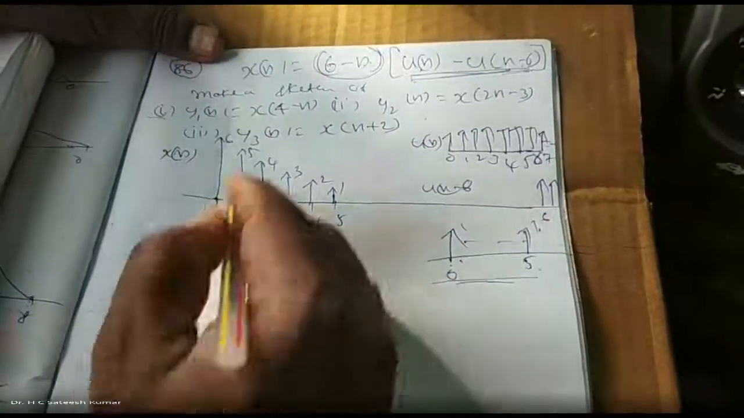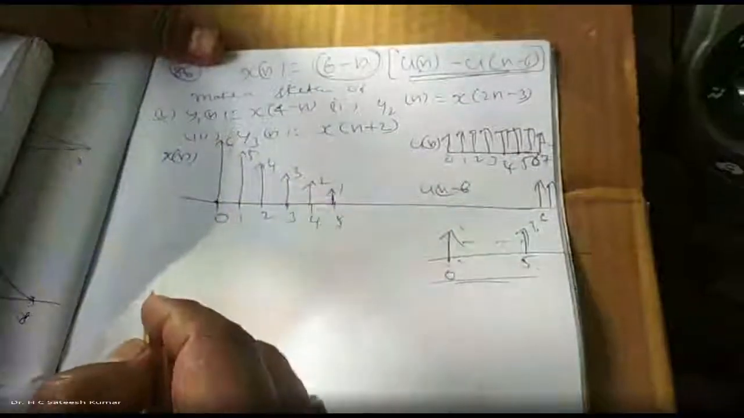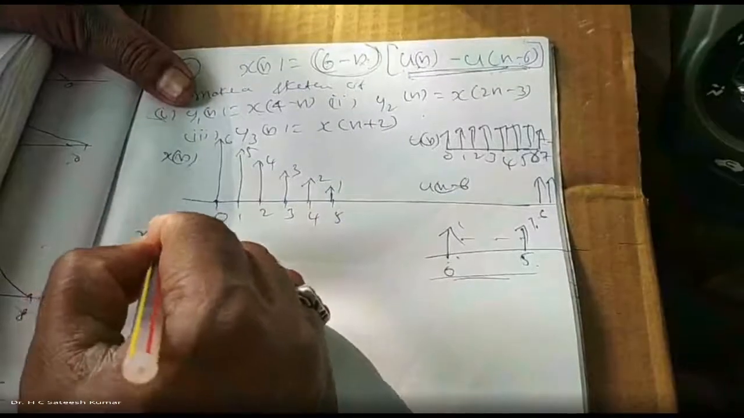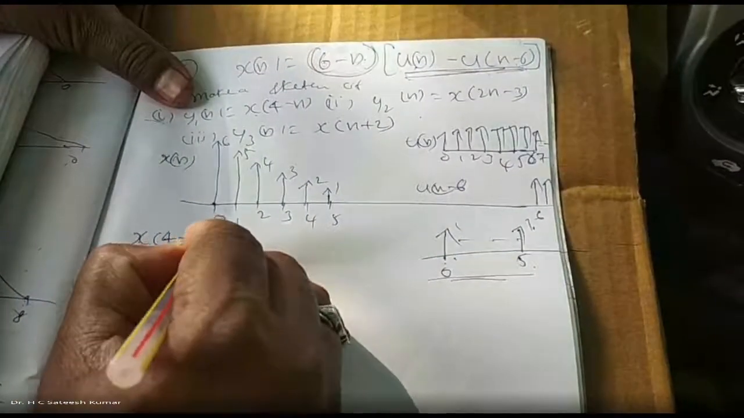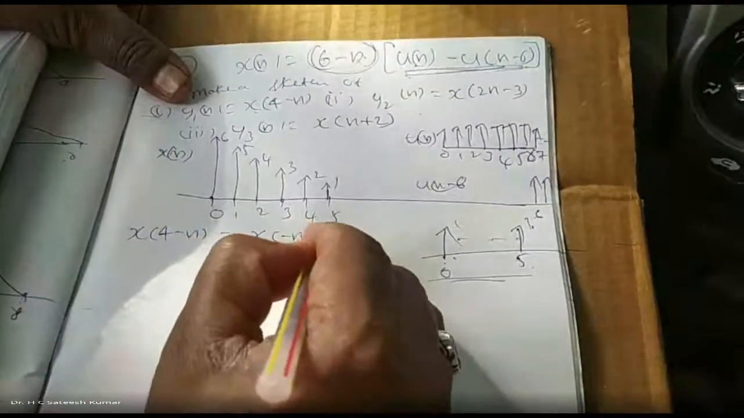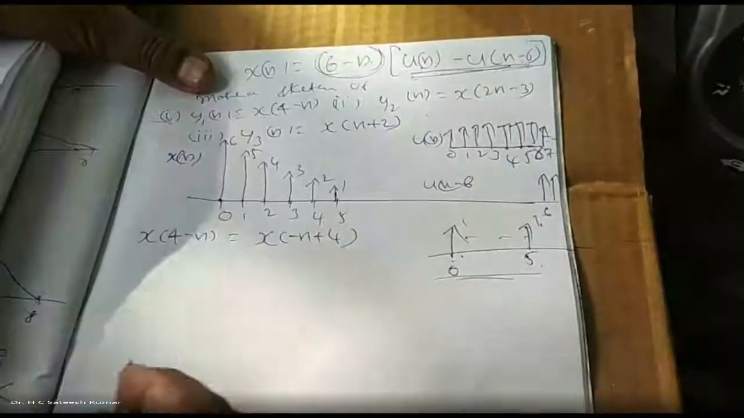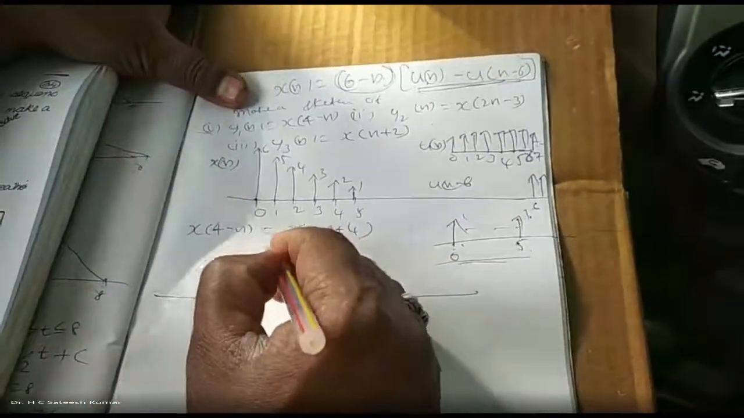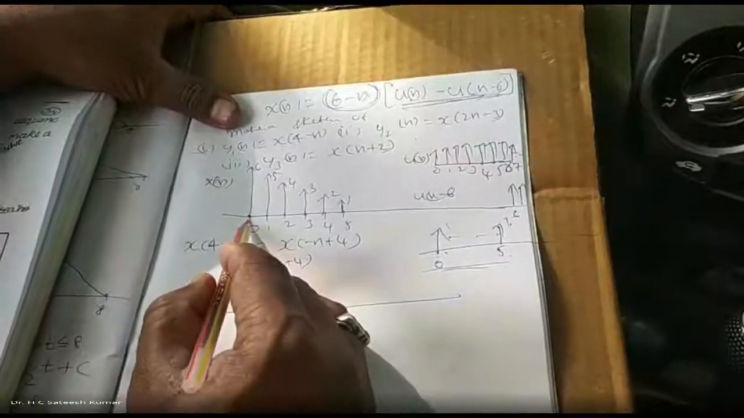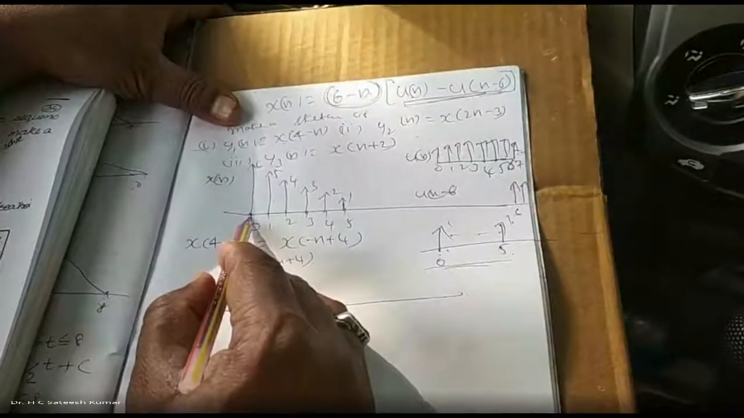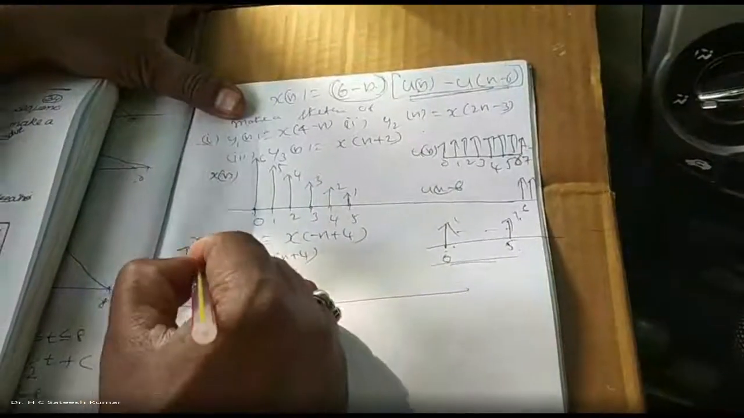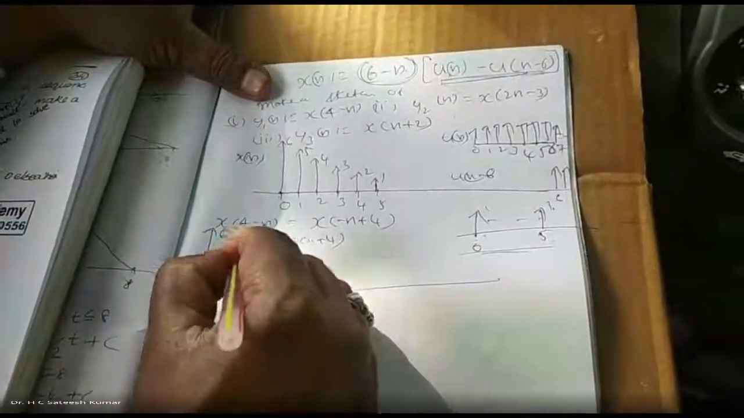Okay, now what you should do? x of 4 minus n is said. x of 4 minus n is nothing but x of minus n plus 4. That means first you shift and then fold it. That's it. x of n plus 4 means what? First you find out x of n plus 4. Shift left by 4 units. That means it starts from minus 4. Repeat it as it is. This is 6, this is 5, this is